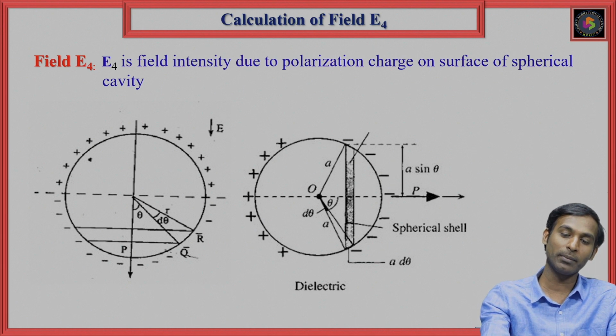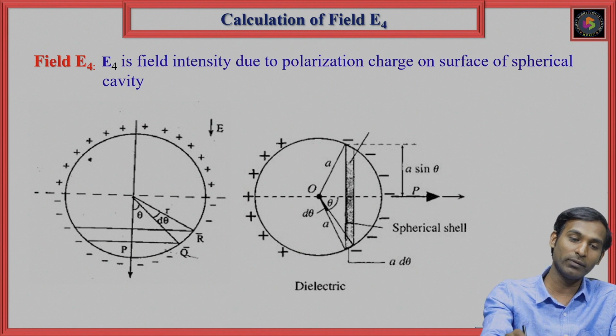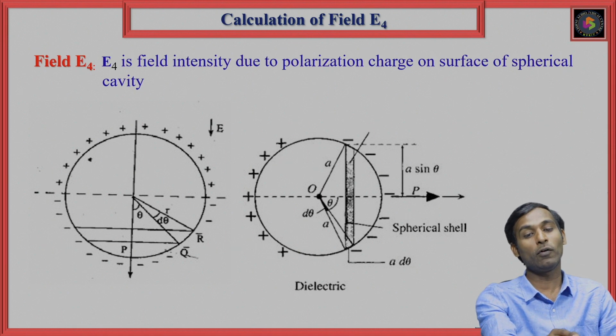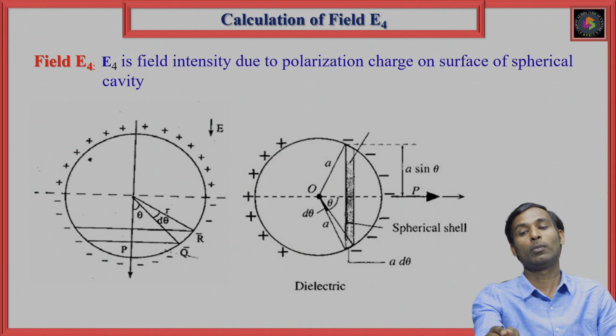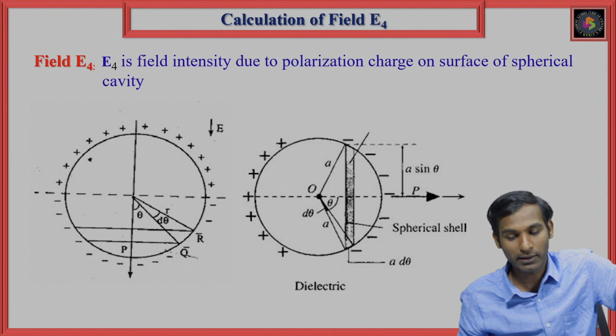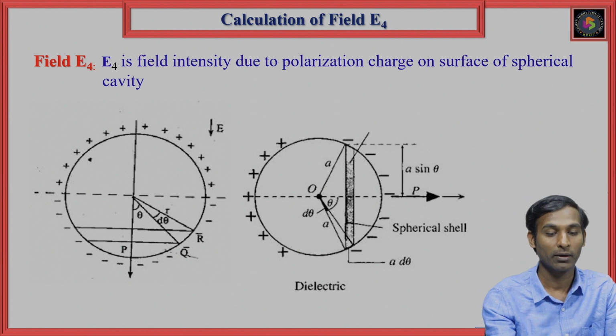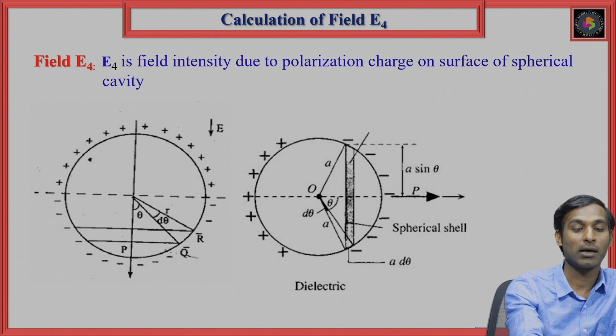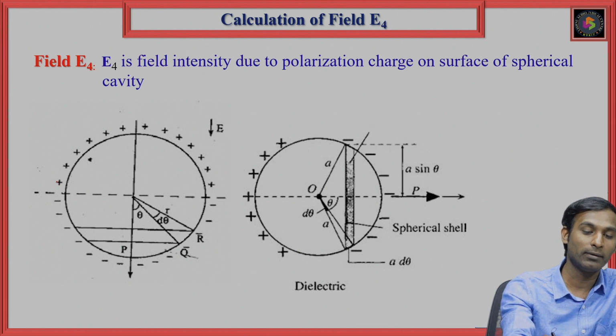That is in the dielectric material, we are keeping about one spherical region. This is said to be the enlarged view of the cavity. So E4 is the field intensity due to polarization charge on the surface of the spherical cavity. Now in this diagram, you can see we are talking about the positive charges on one side and negative